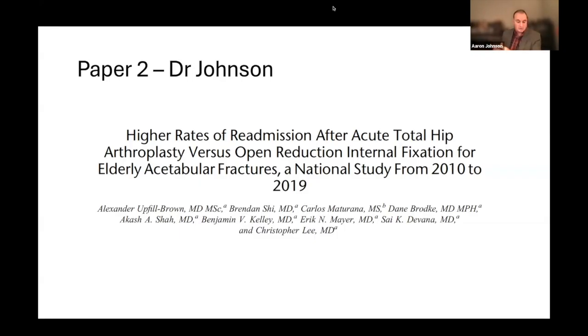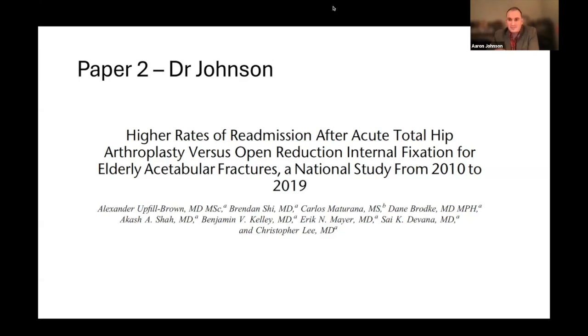They included patients who were 60 years of age or older. And they also did some matching between the two groups, whether the patients received total hip or ORIF, and it was not exactly clear how they matched the patients, but they did match them one-to-one to get some of that data. The first result, which was sort of